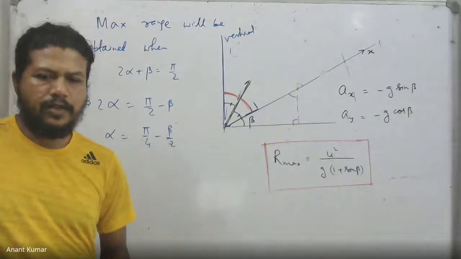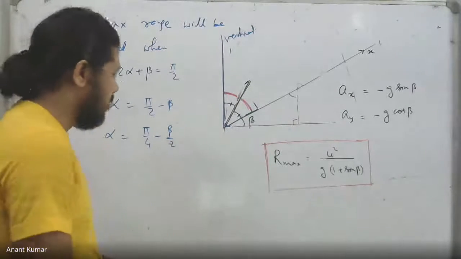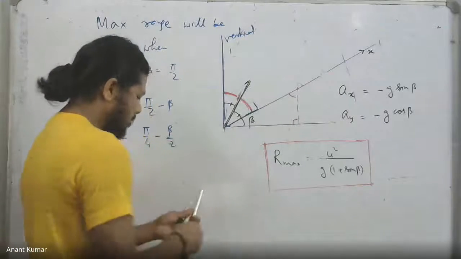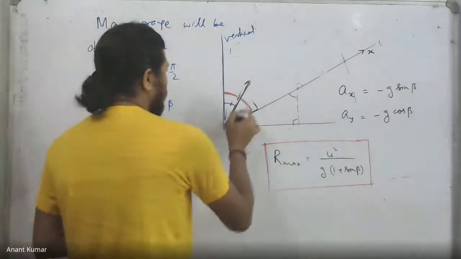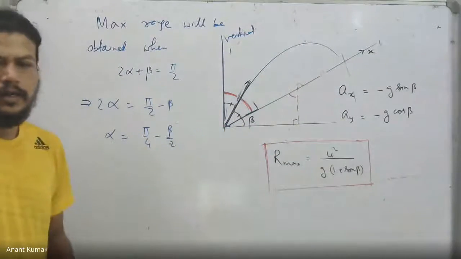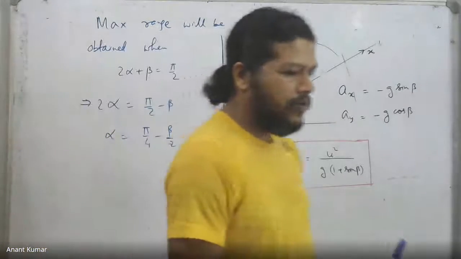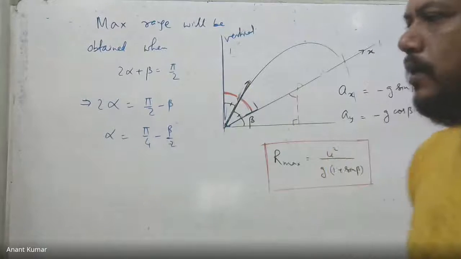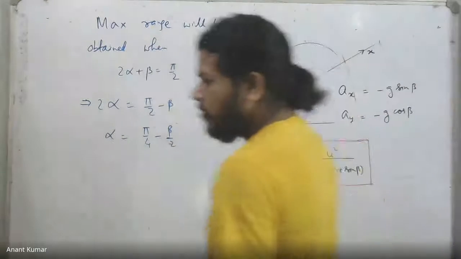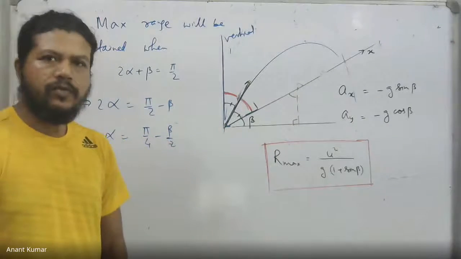So there is a neat relation in this case. We get the maximum possible range when the angle of projection is along the angle bisector of the angle between the inclined surface and the vertical. Not only that, it turns out that, very similar to what we had earlier in the case of projectile on the horizontal plane, we saw that when we throw it at two angles which are complementary angles, the ranges were equal.